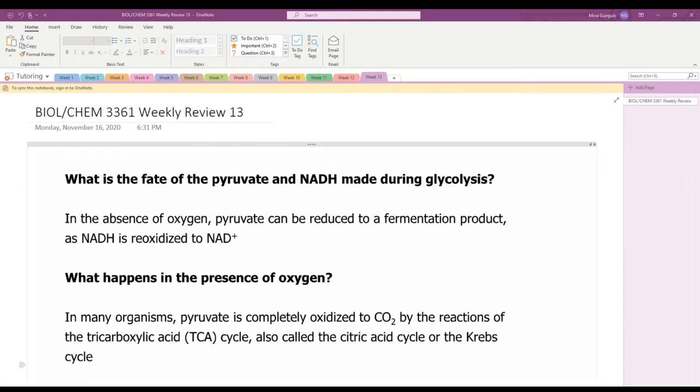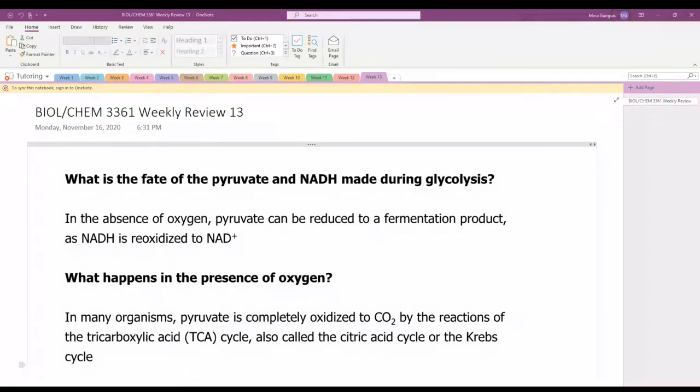Or, and this is the more ideal situation, in the presence of oxygen, we can go through the tricarboxylic acid cycle, the citric acid cycle, the Krebs cycle. All 3 are used interchangeably. This gives us a lot more energy and a lot more reduction potential to make ATP. The basic steps are, we start with glycolysis to get to pyruvate. We get a little bit of energy, but not a lot. Then from pyruvate,